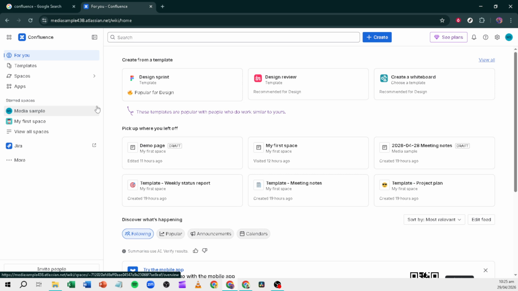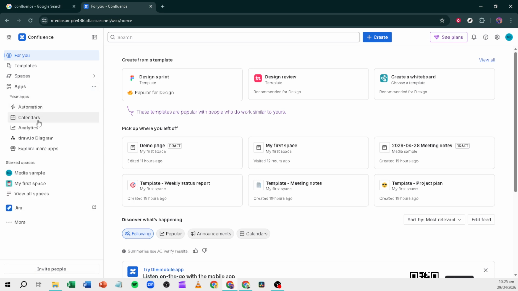Next, confirm that the Drawio Diagrams and Whiteboards app is available in your Confluence instance. You can check from the apps menu in the top navigation. If you see it listed, you're good to go. If you don't, you may need to install it or ask an administrator to do it for you depending on